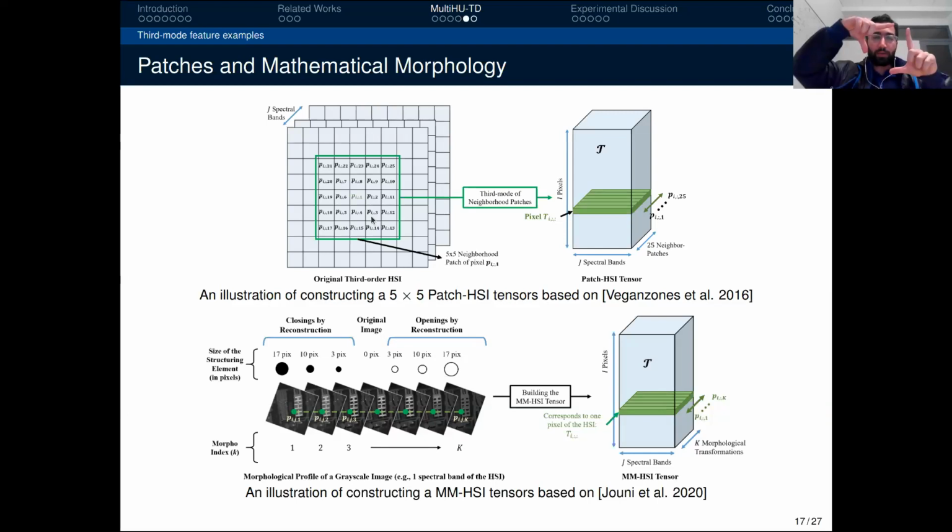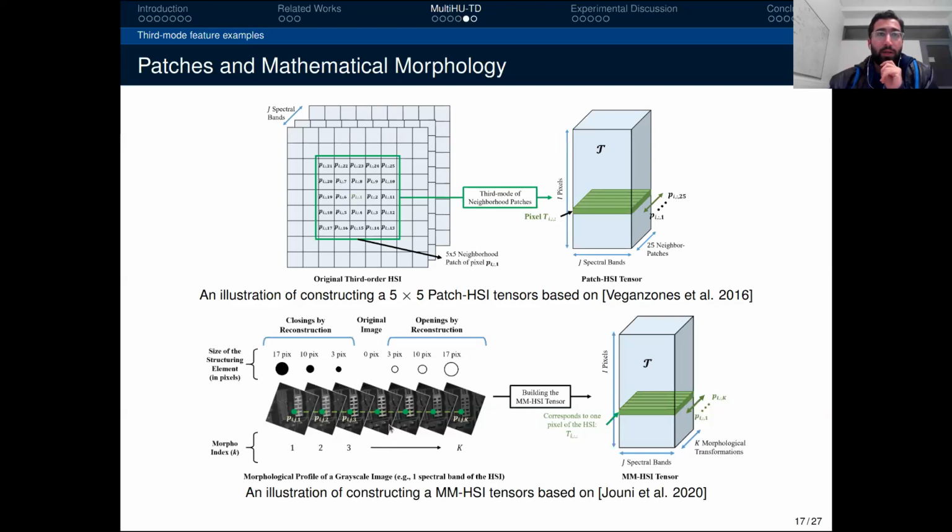So we take a neighbor patch like this, and we stream. The third modality is based on just streaming the pixels that are next to each central pixel. What this means is that now we have a tensor where each pixel is correlated with its neighborhoods. What we did in the classification paper, the one that was before this work, is that we took